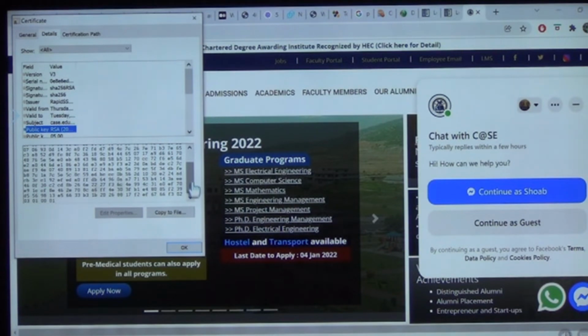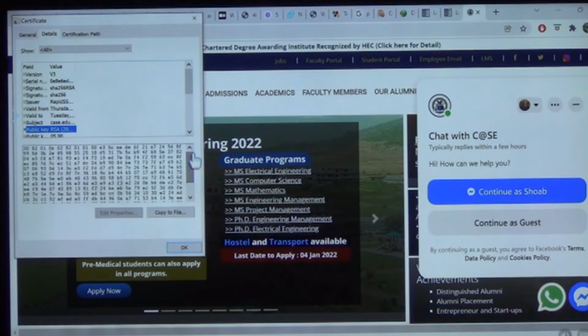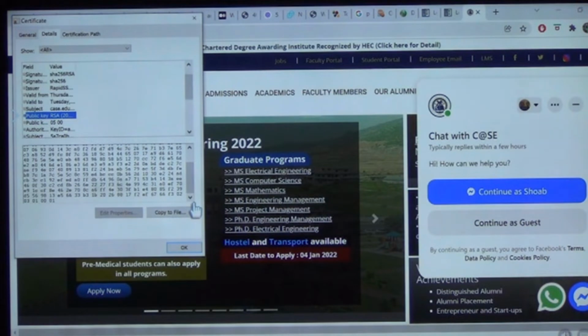Subject. अच्छा नहीं, मेरा ख्याल है उसका नहीं पता. ये बेसिकली सब्जेक्ट जो उसका स्टैंडर्ड है ना, उसमें आ रहा है किस ऑर्गेनाइजेशन को दी हुई है. The subject has the field that it is given to this organization and this is the public key. सो ये पब्लिक की है उसकी. Okay, so primarily you can copy this.